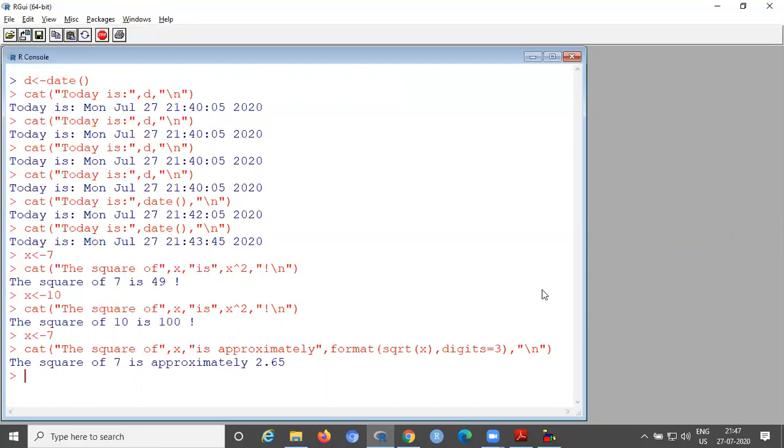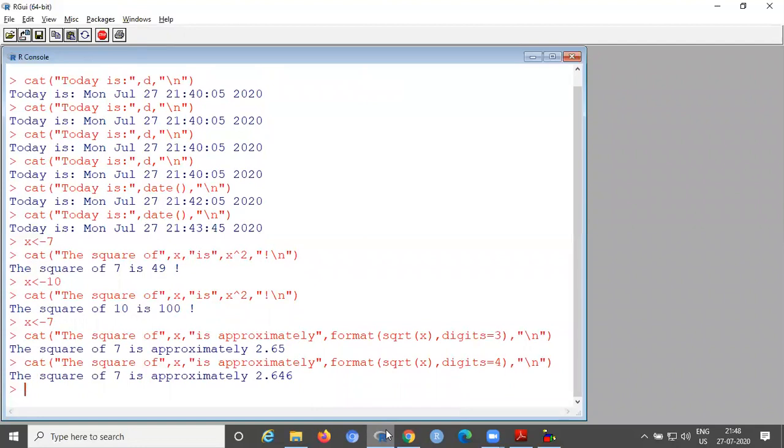Now you can see the square of x is approximately, we used the format of square root with digits equal to 3, only 3 digits combination, 1, 2, 3. Suppose you provide digits equal to 4, you can see the total digits before decimal and after decimal, all together 4 digits only maximum allowed.